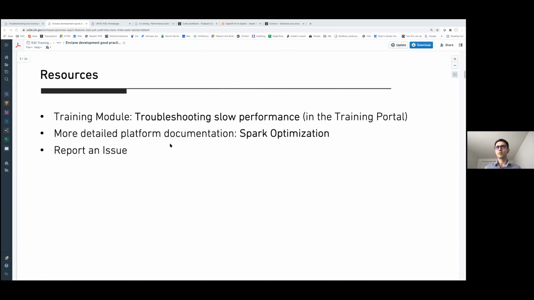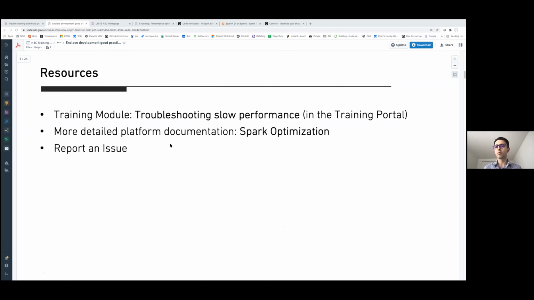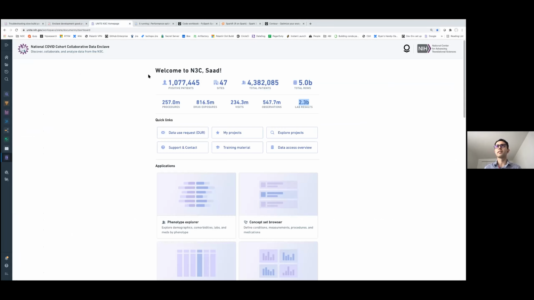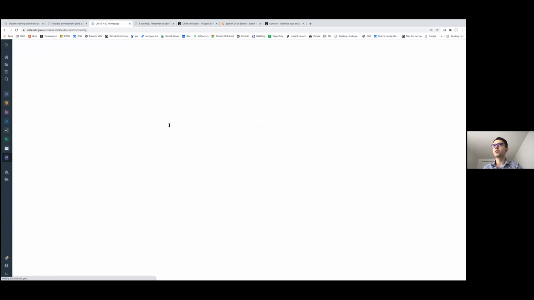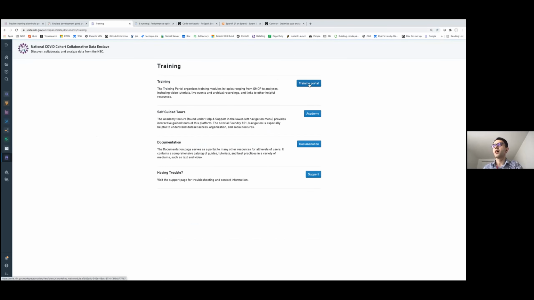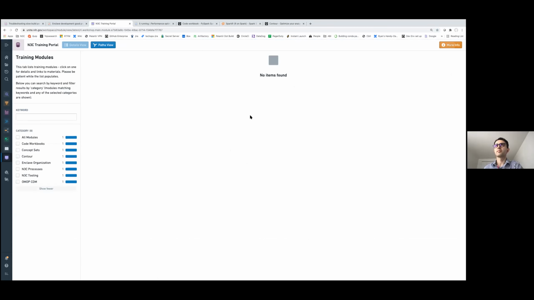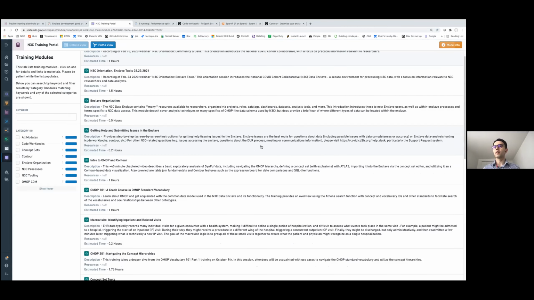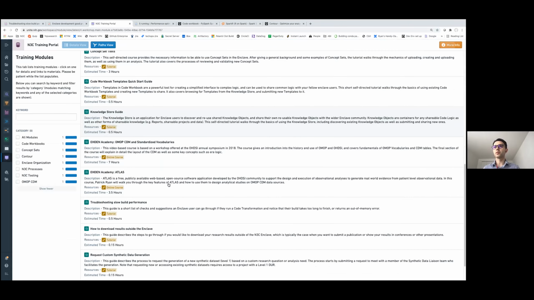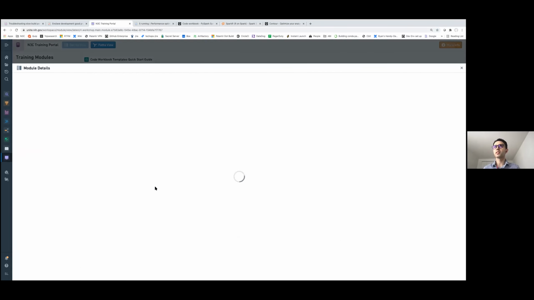In terms of resources, in addition to today, and hopefully we'll run this session with other iterations, you have a document in the training module that walks through the principles I'm going to talk about today. If you go from the homepage to the training material, and then click on the training portal, one of the training modules is called Troubleshooting Slow Performance.